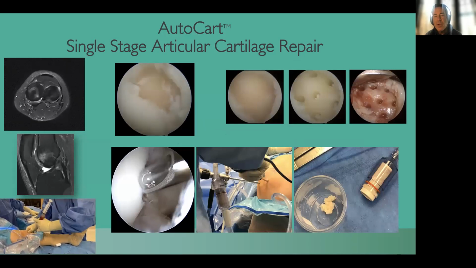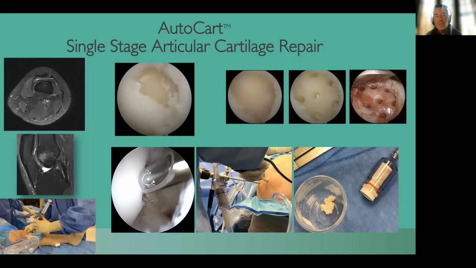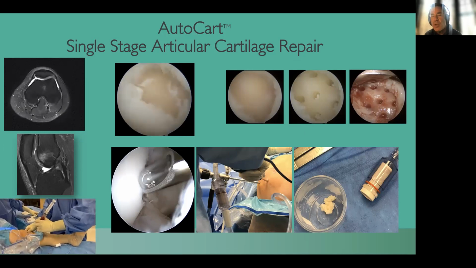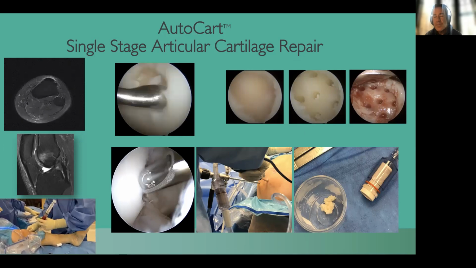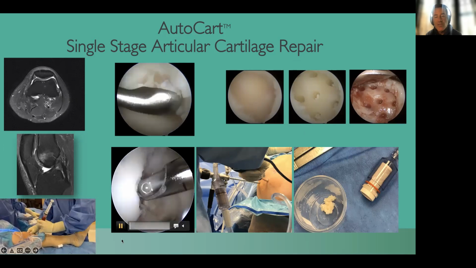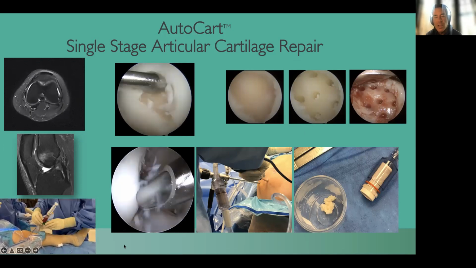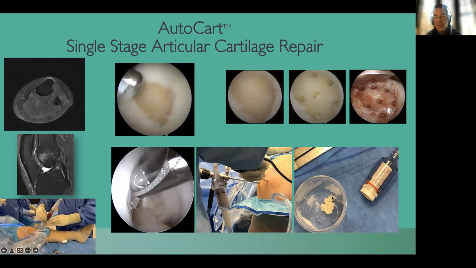The defect is prepared in the usual format. The defect is prepared by creating vertical walls. We'll drill with a micro drilling procedure. We will capture autologous cartilage from the intercondylar notch, as you see here. It's captured in this receptacle that's placed on the end of the shaver. And we create a mixture of